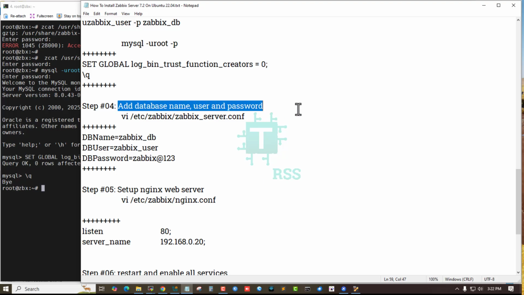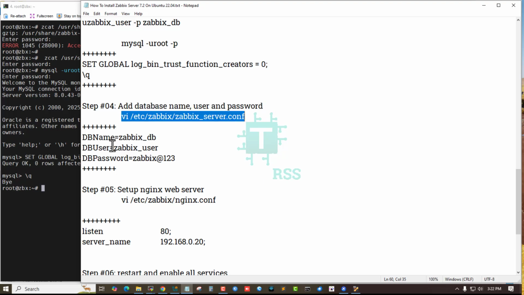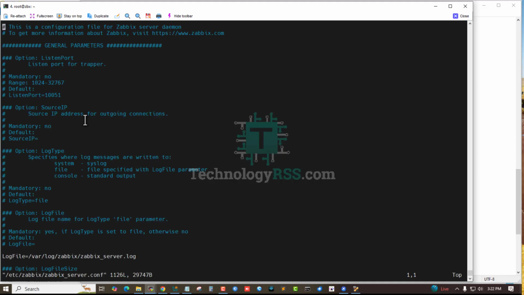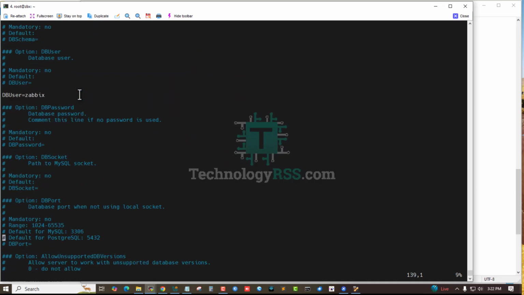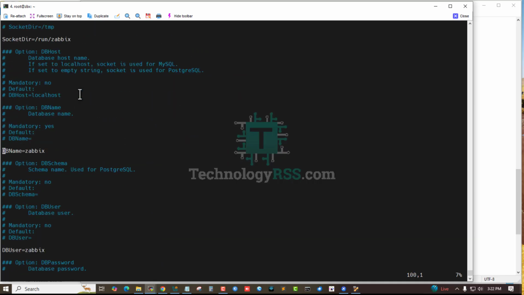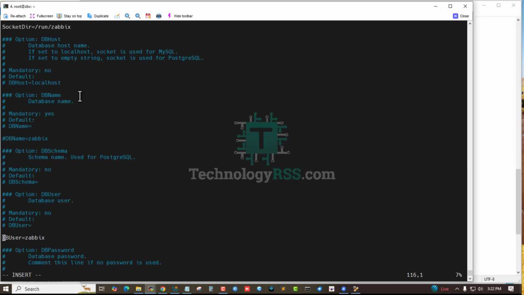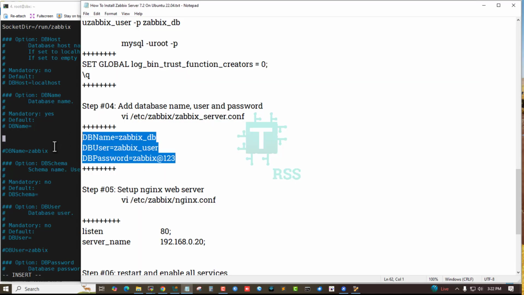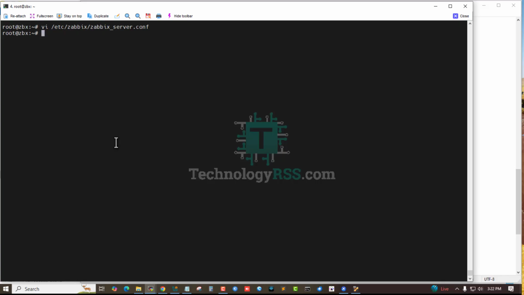Step 4, add database name, database username and user password into this server conf file. Scroll down and default login. This is the default Zabbix DB name, it is empty or using hash,